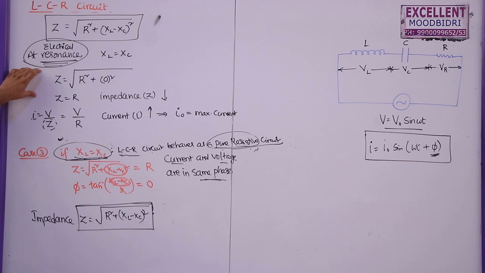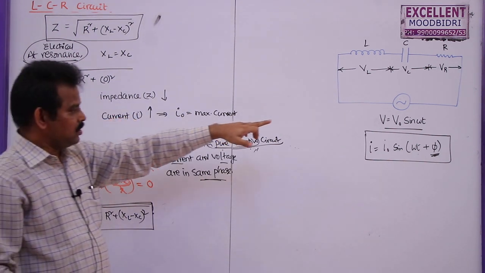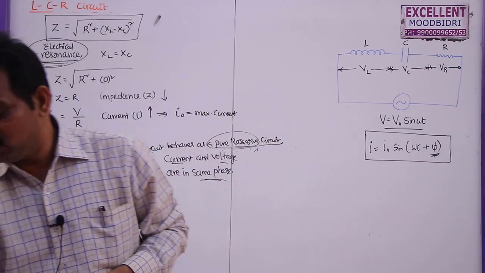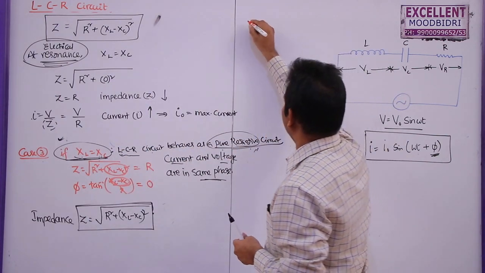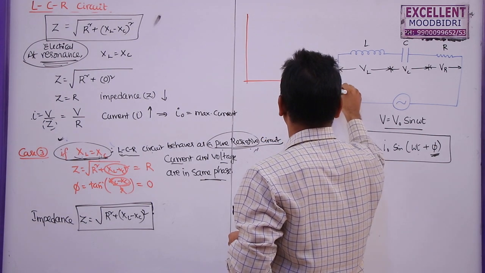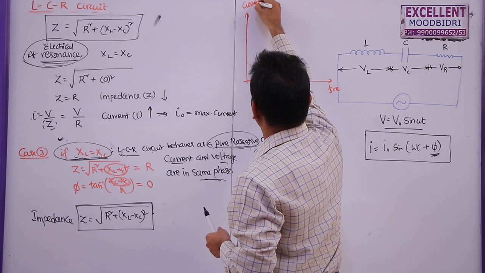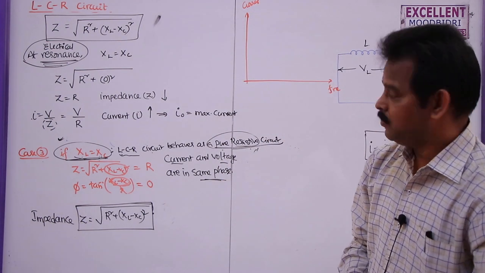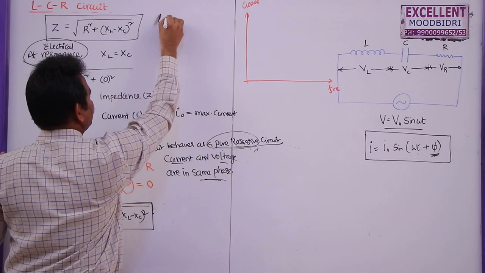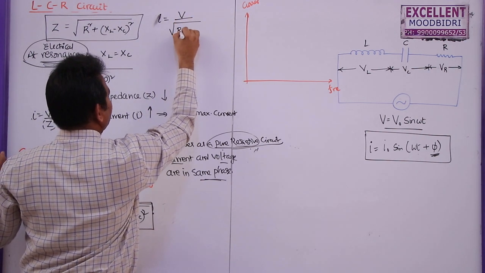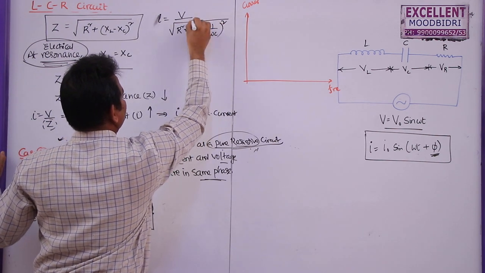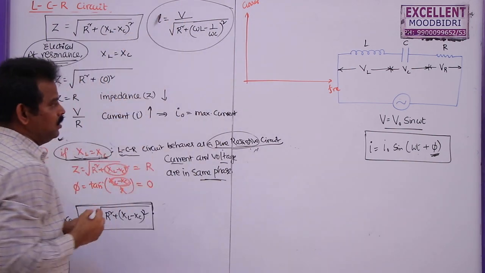Now we will see the relation between the current and the frequency of this AC source. I am going to draw the graph between current flowing through the circuit and the frequency of AC source. So this is y-axis, this is x-axis. Let me take frequency here and current here. Generally, the current is given by V by root over R square plus omega L minus 1 by omega C whole square. This is the general equation for current in a circuit.